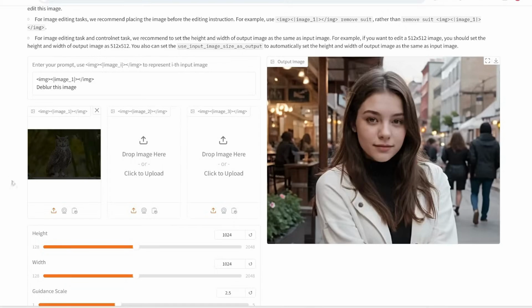Alright, let's try something else. So I'm going to drag and drop this blurry photo of a woman. This is a photo which is quite